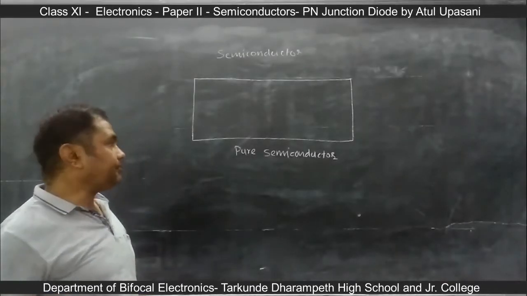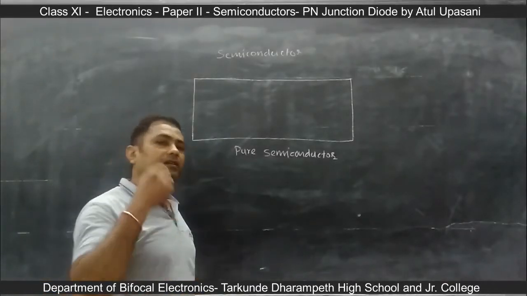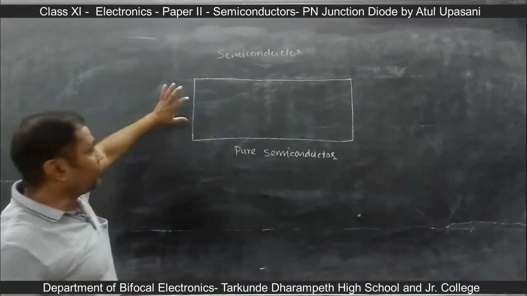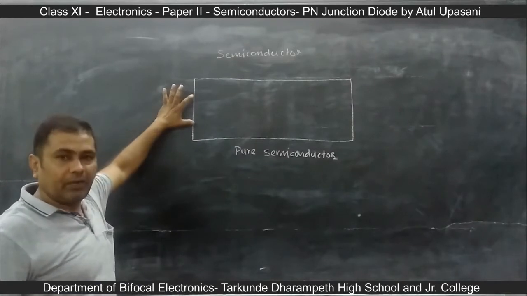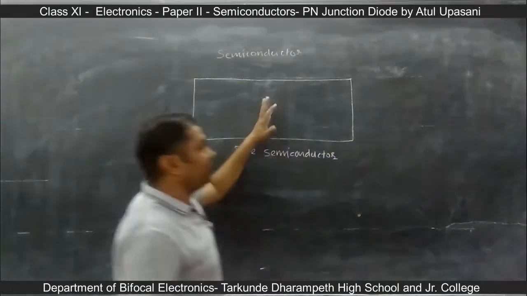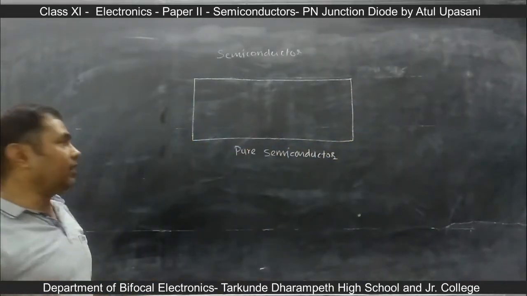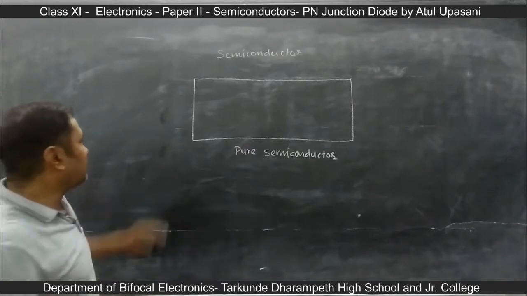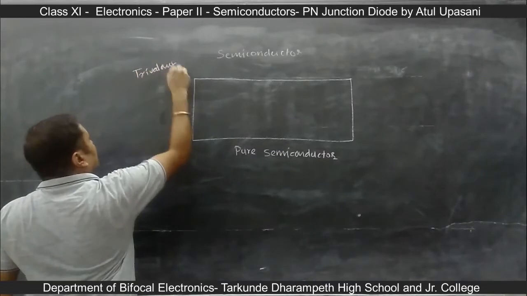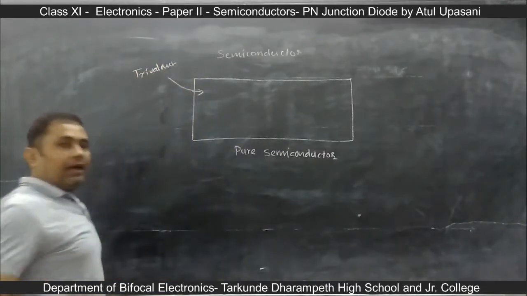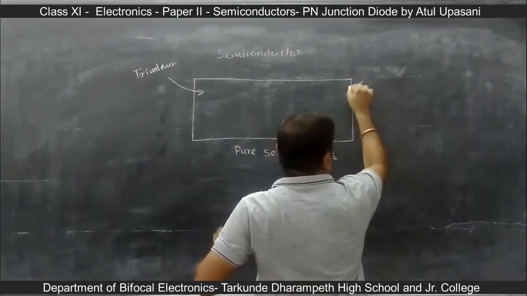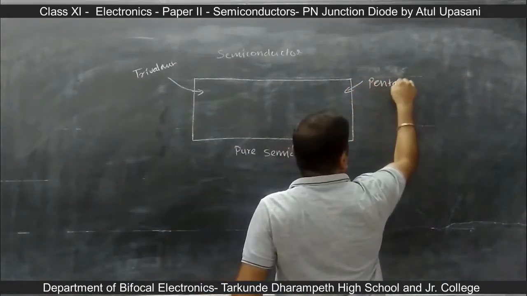Now the topic is what is the use of p-type semiconductor and n-type semiconductor. Let us say, suppose we have taken a bar of pure semiconducting material and suppose the edges of this material are doped with different types of impurity atoms. Suppose at this end I have injected a trivalent impurity, and at the other end a pentavalent impurity is added.